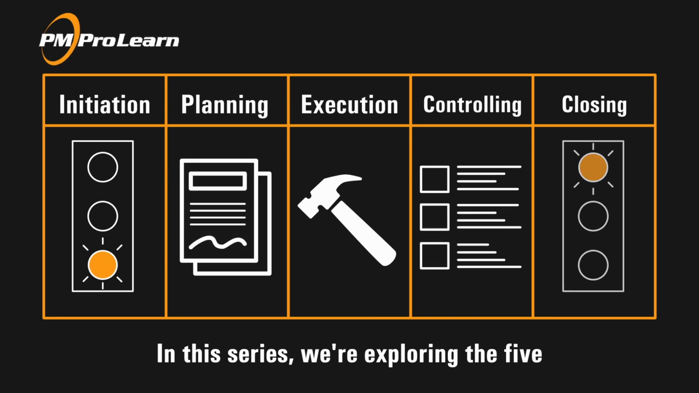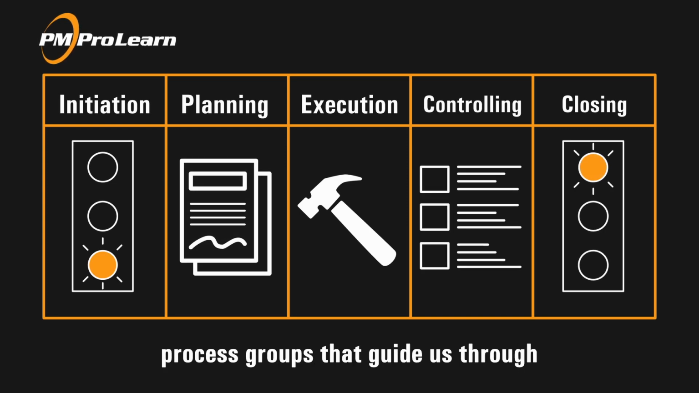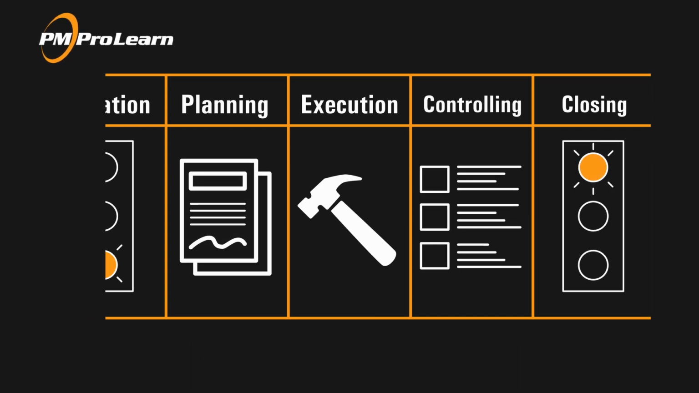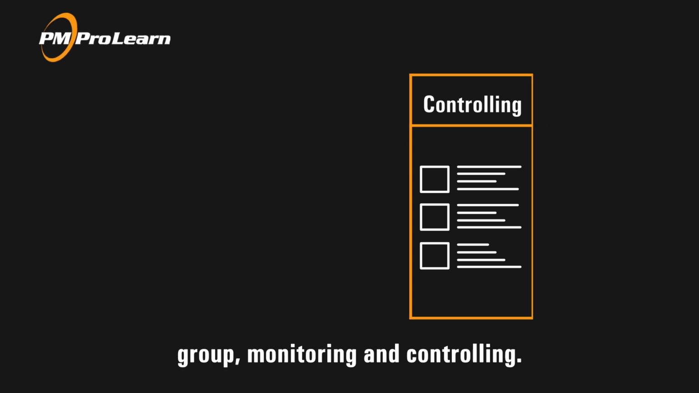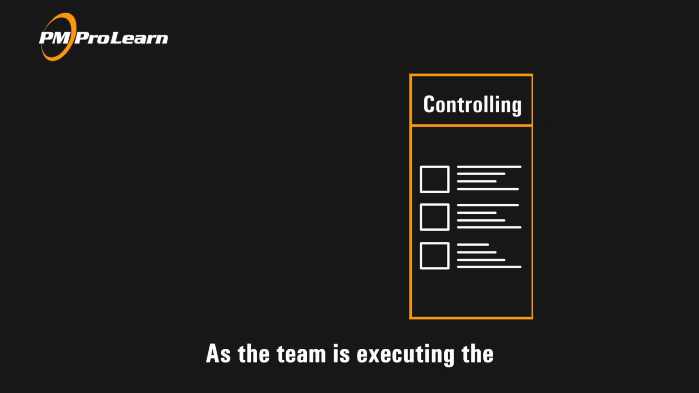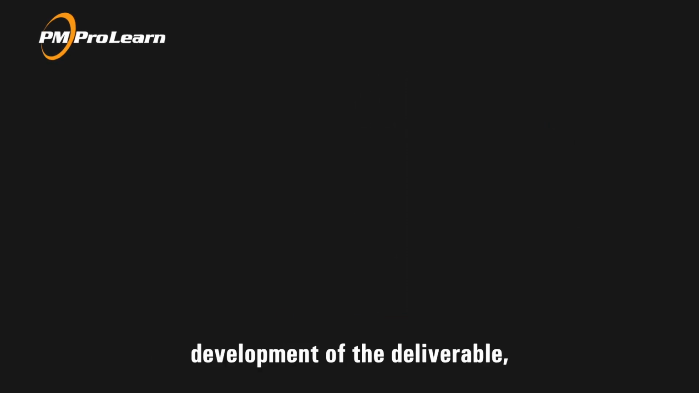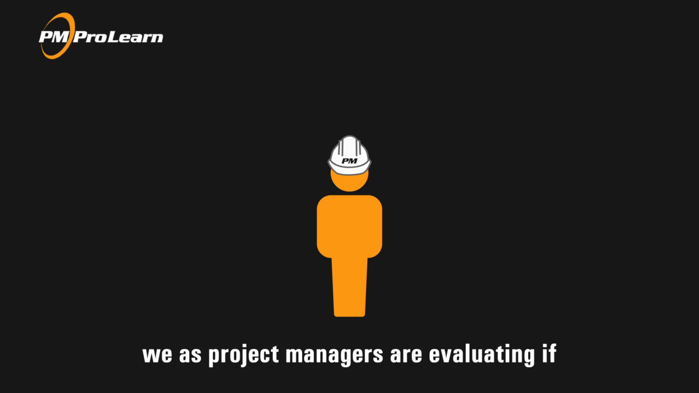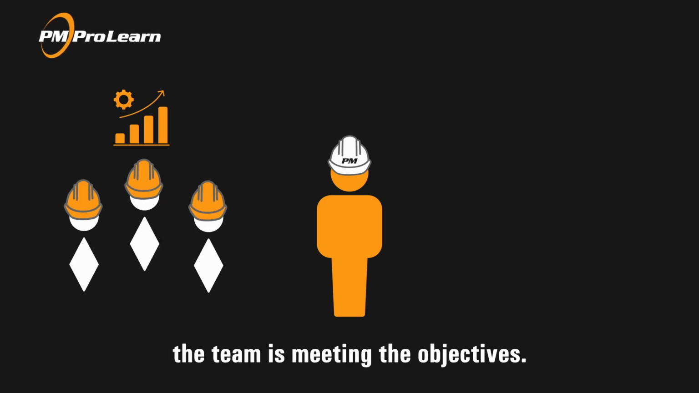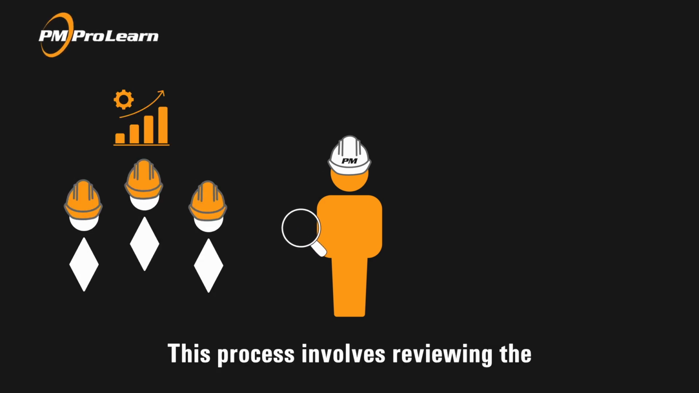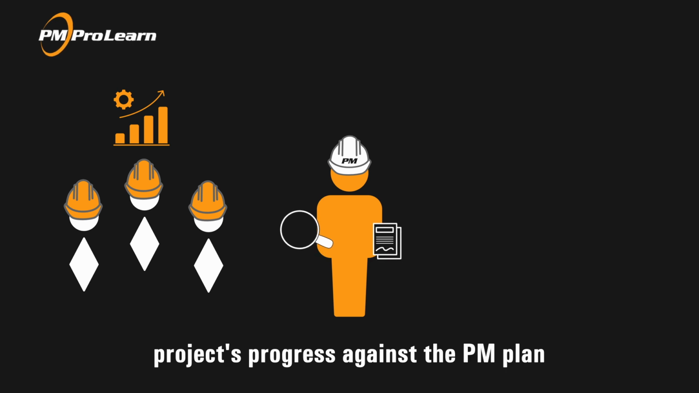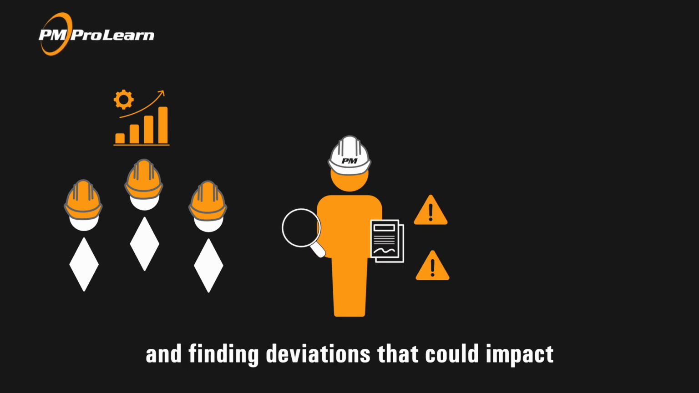In this series, we're exploring the 5 process groups that guide us through managing a project lifecycle. Now let's delve into the 4th process group, monitoring and controlling. As the team is executing the development of the deliverable, we as project managers are evaluating if the team is meeting the objectives. This process involves reviewing the project's progress against the PM plan and finding deviations that could impact